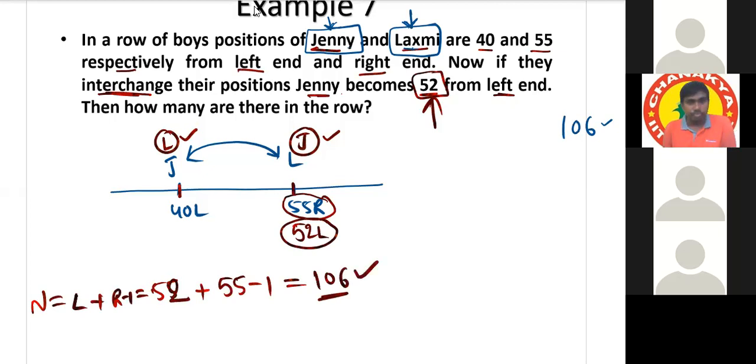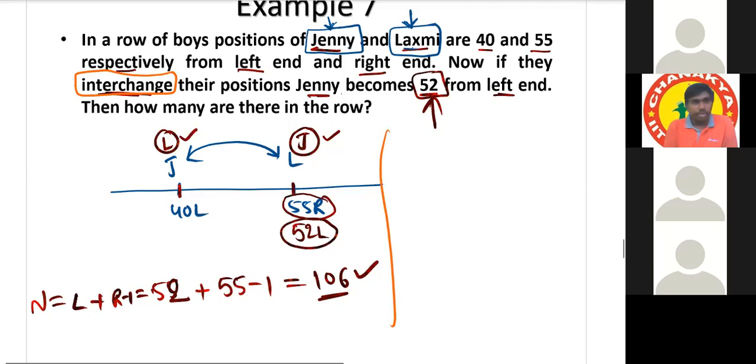Here, after interchanging their positions, the intention is only persons will change their positions. Seat numbers will not change, like in a theater, seat numbers will not change. Persons will change. So for this type of questions, in case of interchange questions, we don't need to do this much analysis. Directly we can answer. See the shortcut method. In the given information, ignore person names, only consider numbers. Okay. Tell me 40 from.